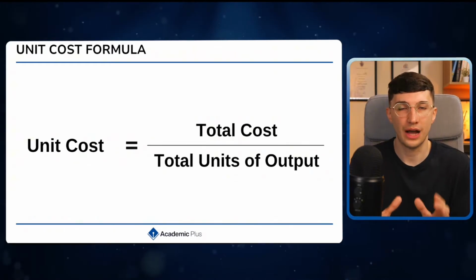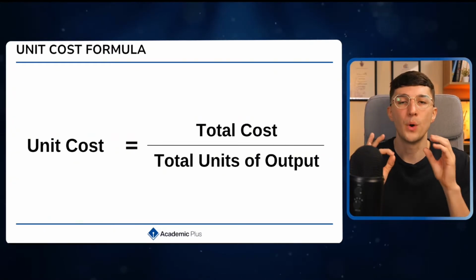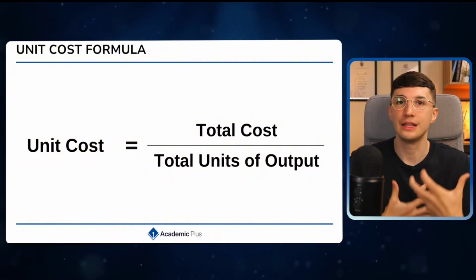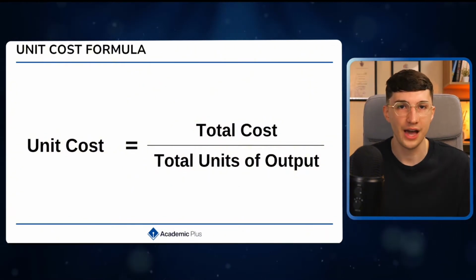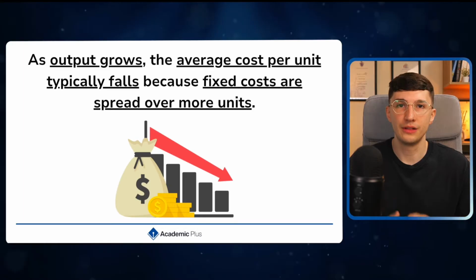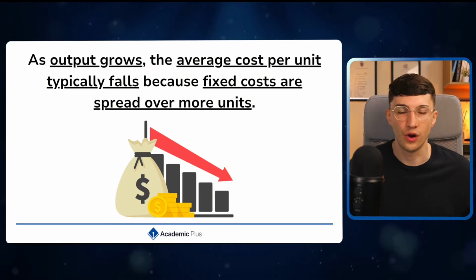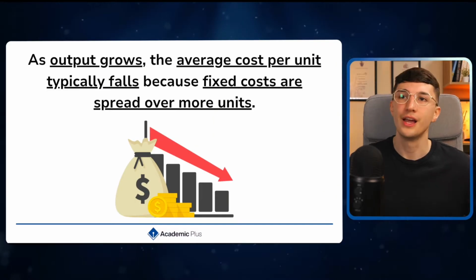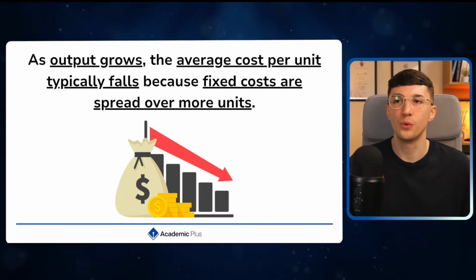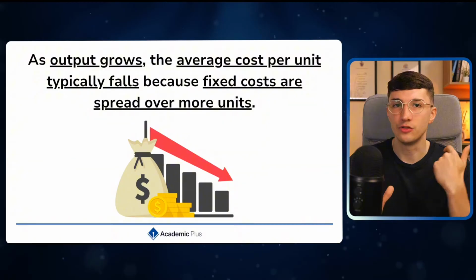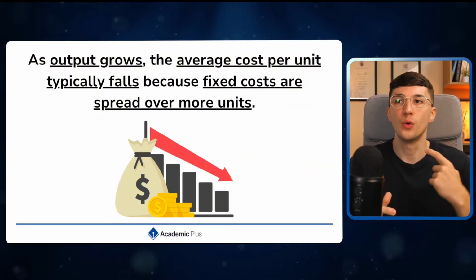A really simple calculation, a really simple formula, but it will be so important in explaining these different methods of economies of scale. Now, when you are looking at including this in your analysis, try and use this sentence. As output grows, as we're producing more units, the average cost per unit typically falls. The reason why you need to include this in your analysis is that your fixed costs are